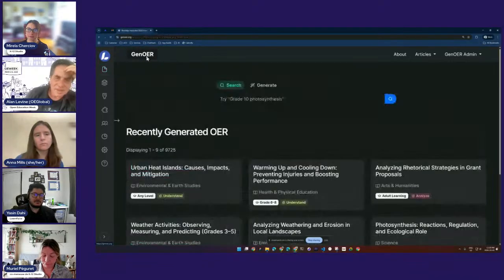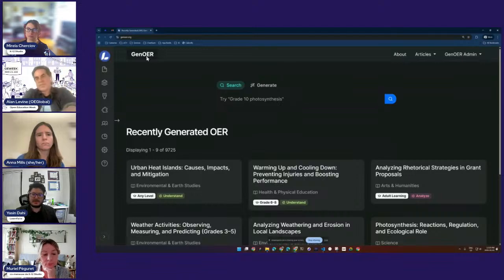Essentially, yeah. One of the patterns we're seeing emerge with people using things like ChatGPT or Gemini to draft or generate content, especially OER, is that this is always happening in a silo. When I go to ChatGPT, I'm generating something on the fly. I need it right at that moment, so it's just-in-time generation, and I'm the one doing the evaluation or validation of whether that content is any good.